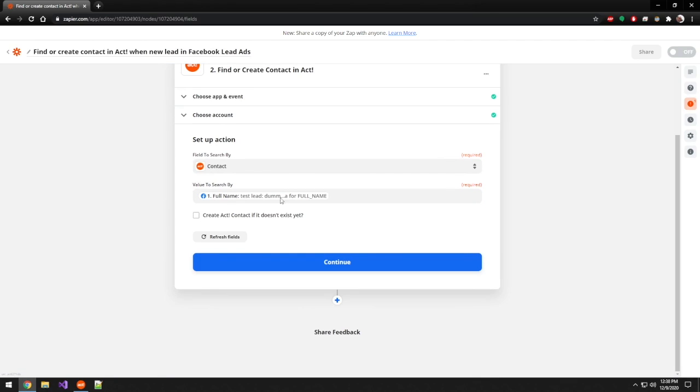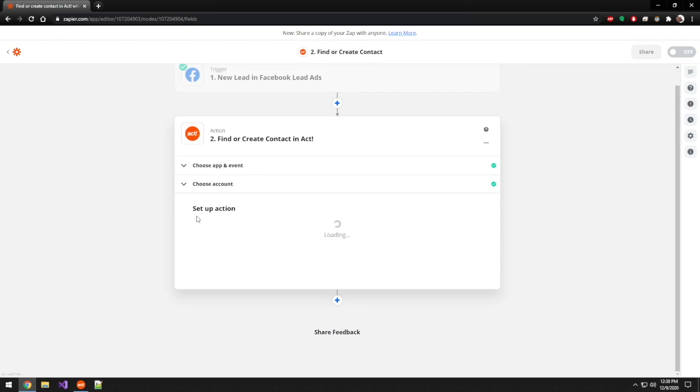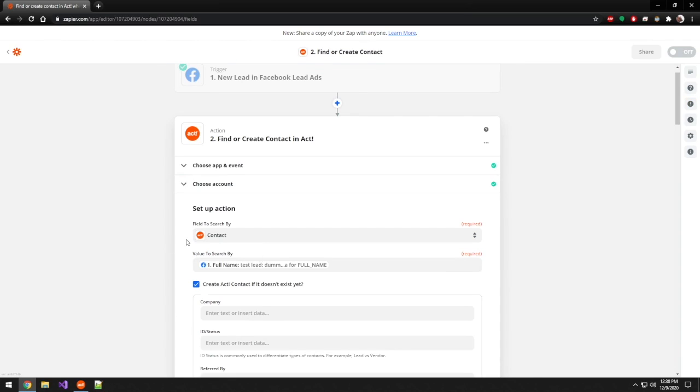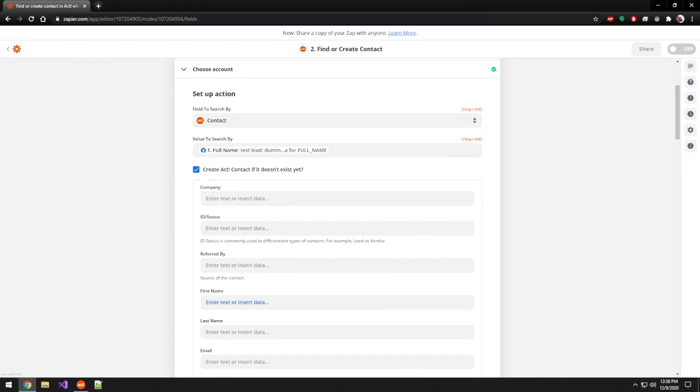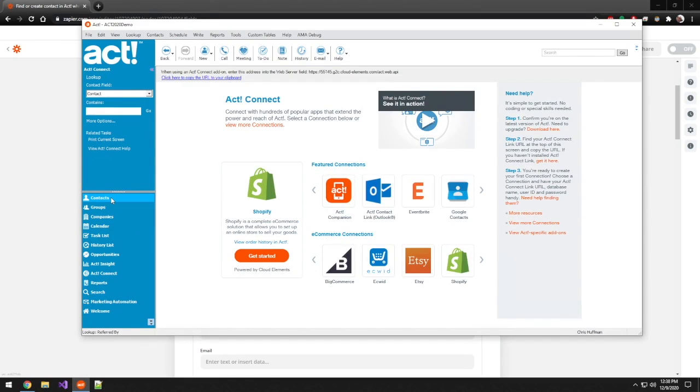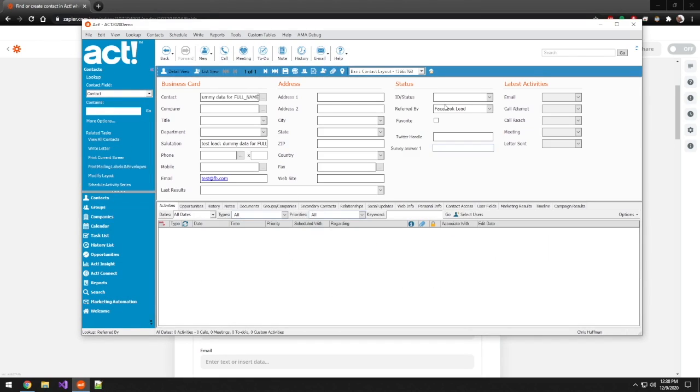Now, if that contact doesn't exist, we do want to create it. So we're going to hit this box and the page is going to refresh. And this is because it's just loaded all of the fields from my ACT database so that I can start plugging in information. Now, since I'm very fastidious with my data in ACT, I've made sure to always use this